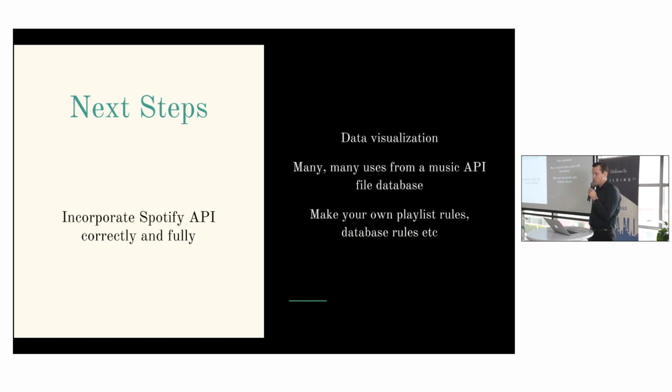So let's see. Okay, so one of my goals was to get the Spotify API, which is a database of music or audio files that Spotify provides for web developers in order to make use of it in all sorts of very interesting ways. Wasn't able to get it incorporated correctly, unfortunately, but I would like to. But data visualization, for example, one developer was able to track how modern artists today have all been influenced by Elvis. And it was this very cool little chart. So that's just one random example. Of course, many, many uses from that API.